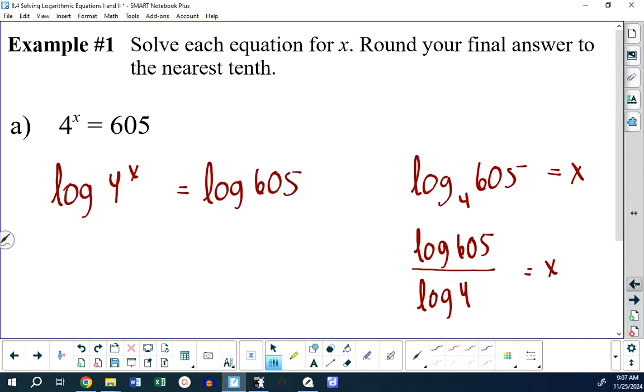And I'm taking a base 10 logarithm, and the reason for that is if at some point I want to know the value of my answer, I can use the base 10 logarithm button on my calculator. So how is that helpful? And again, these brackets are not needed, but I like to remind you that you are only allowed to move that exponent down in front if it's part of the argument. Okay? In other words, it's an exponent in the brackets of the power you're taking the logarithm of. So this becomes x log 4